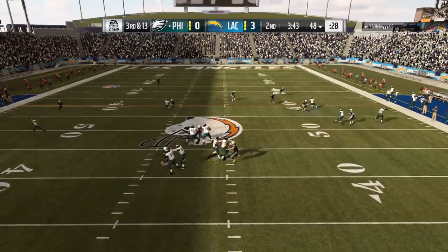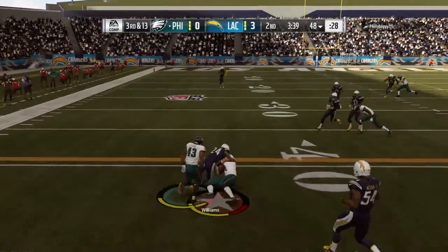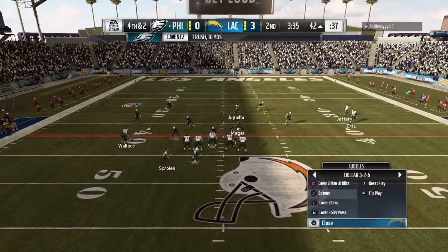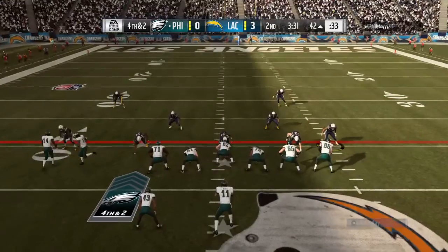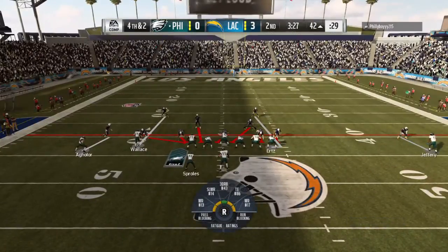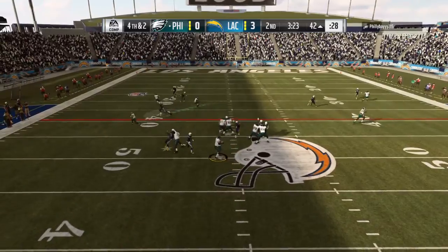down. Wentz forced out to his left. He may try and run for this. And this time he's able to take it down to the 42. The scramble good for a nice gain of 10 yards, but still 4th down. That was a good effort there, trying to do it on his own. But as a defender, you're in a tough spot because you have coverage responsibilities behind you. And if you take off too quick to try to...